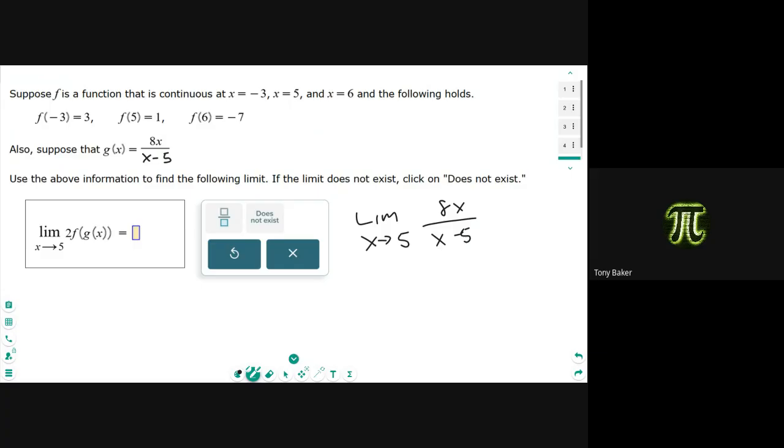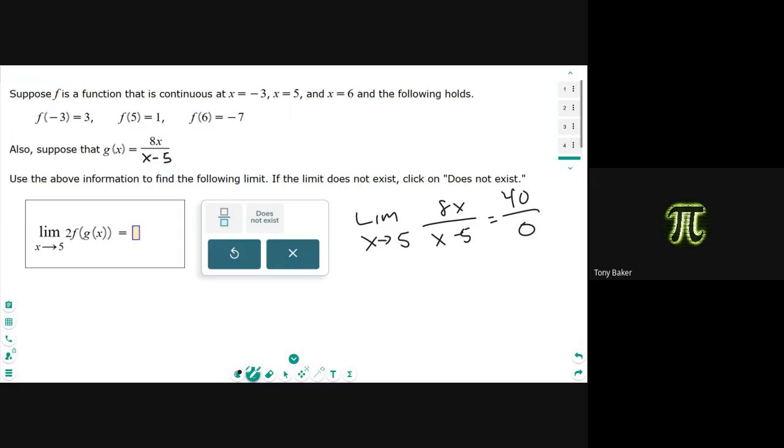So what does that equal? So this becomes 8 over 0, right? Not 8 over 0, actually. 40 over 0. So since they don't both come out to be zeros,